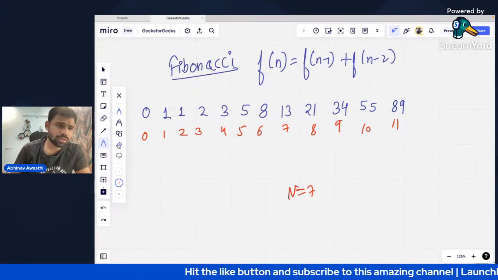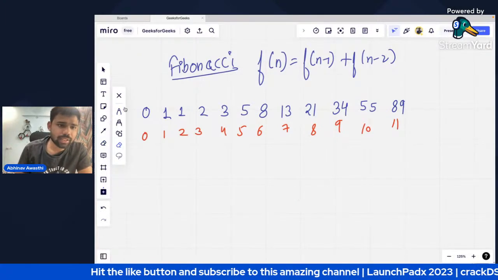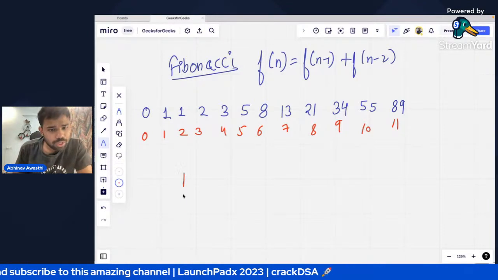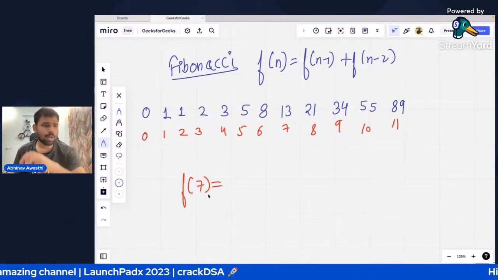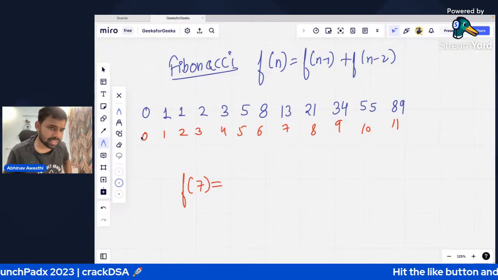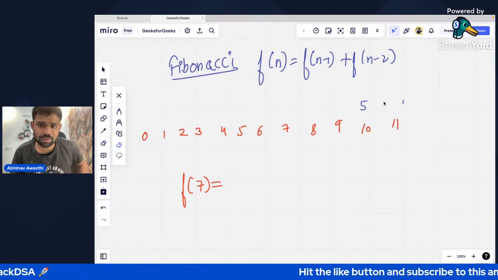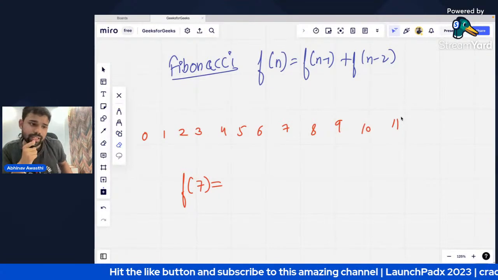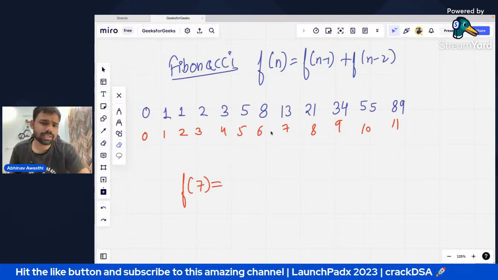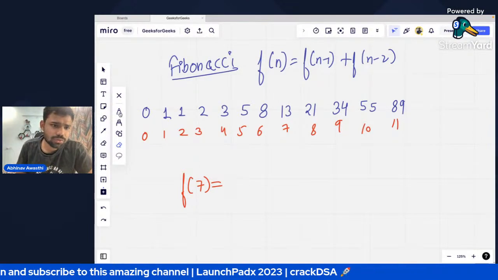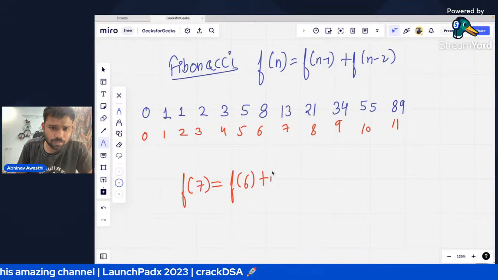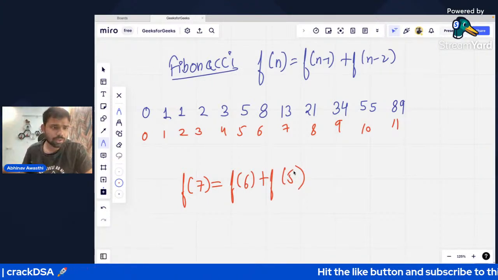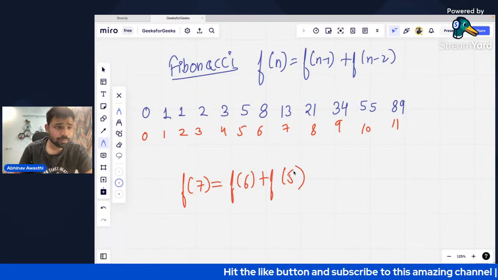So see how you will solve this with recursion. Let's say you don't know this particular thing, and I ask you what the 7th Fibonacci number is, and the series is not written here. What will you do? You will say the 7th Fibonacci number is the sum of the previous two, the sum of the 6th plus the 5th. Add the last two and it will be the 7th.